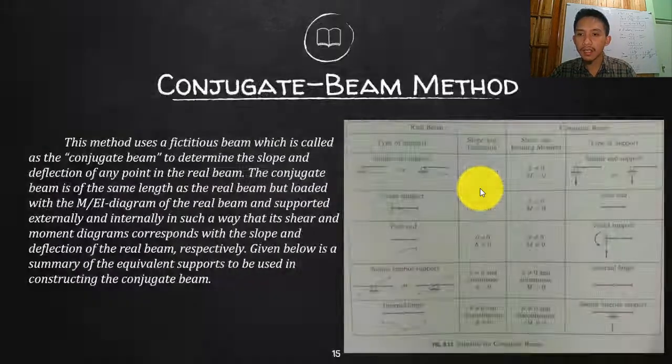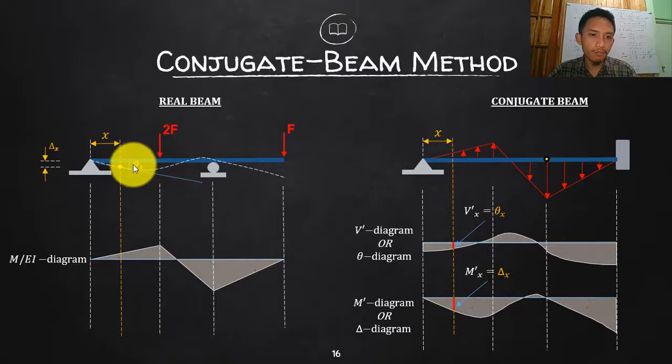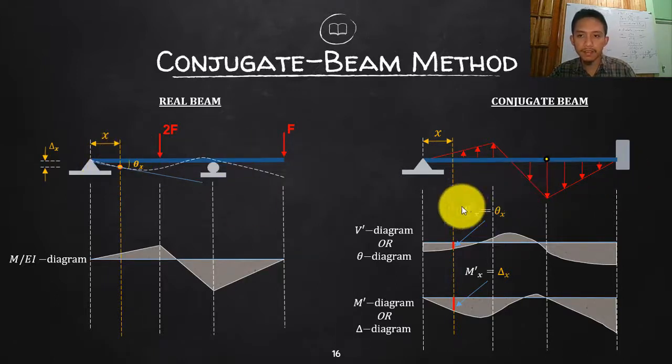So the reason why we are changing the reaction from the real to the fictitious beam is for us to make a way so that the shear diagram of this fictitious beam corresponds to the slope of your actual beam, and the moment diagram of that fictitious beam corresponds to the deflection of any point in this real beam. Okay, so